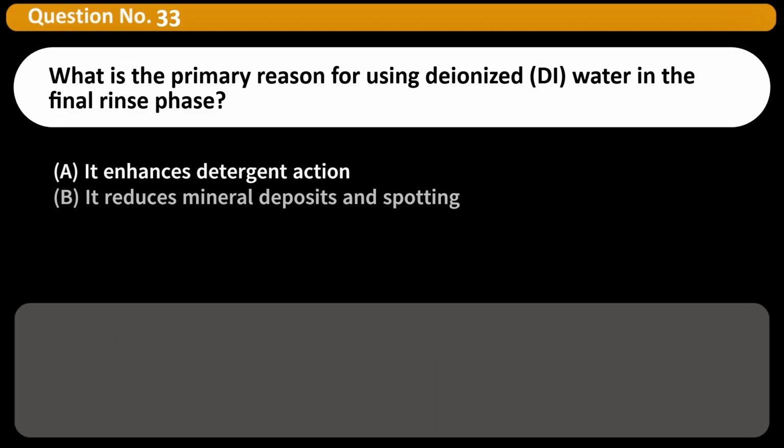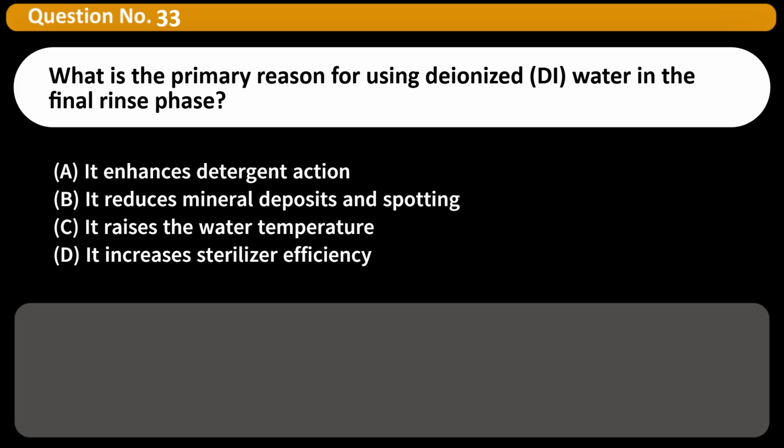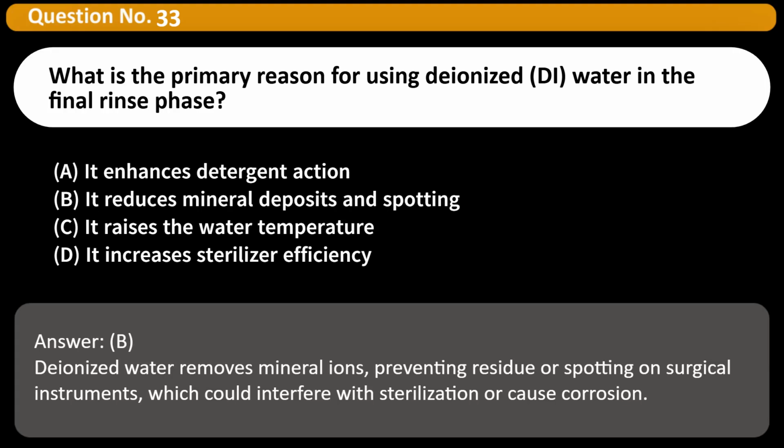What is the primary reason for using deionized (DI) water in the final rinse phase? A. It enhances detergent action. B. It reduces mineral deposits and spotting. C. It raises the water temperature. D. It increases sterilizer efficiency. Answer: B. Deionized water removes mineral ions, preventing residue or spotting on surgical instruments, which could interfere with sterilization or